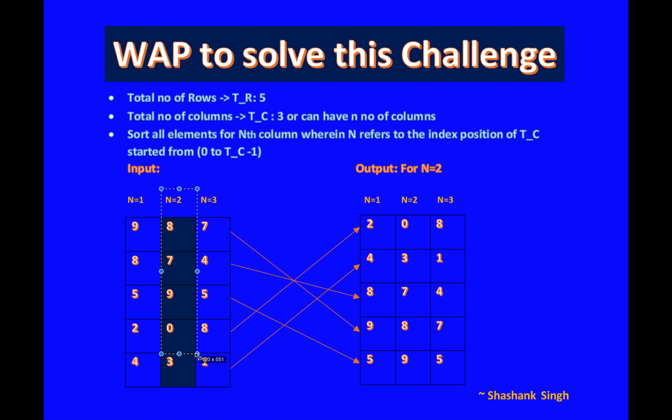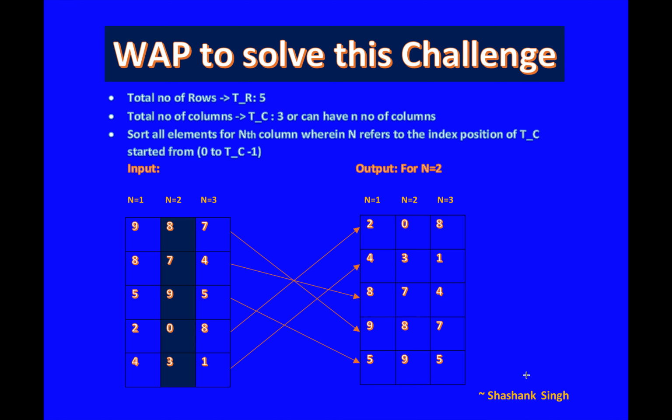So let's say the user provided the second column, so we'll head over to the second column. We'll see which is the lowest one. So this is 0 here. If you see, 0 is the lowest element in this second column. So in the output matrix, 208 will be the first row, right? So on the basis of this column we have to sort. So 0, then 3, then 7, then 8, then 9, right? 9 is the largest one, so this whole row will be last. 595 will be the last row of this output matrix, and this is the lowest one. This is the first row of the output matrix. This is the second, this is the third, this is the fourth, and this is the fifth row of the output matrix. So your output matrix should look like this, right?